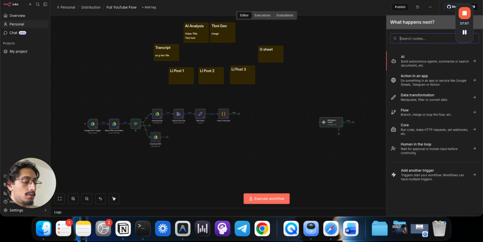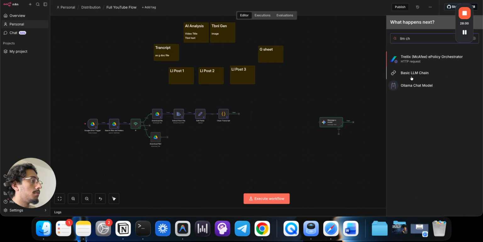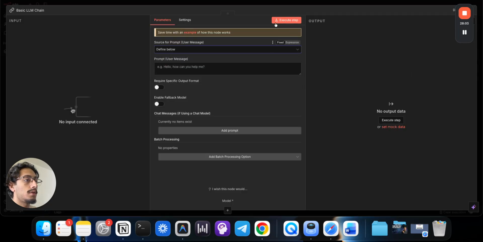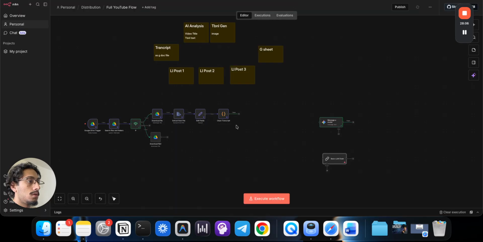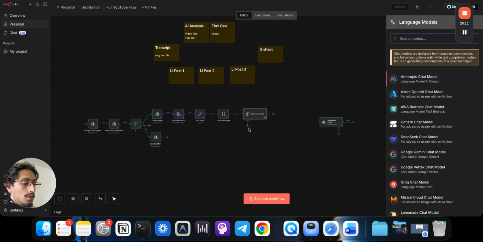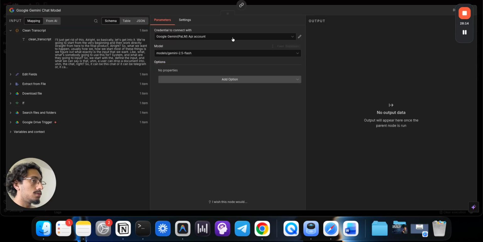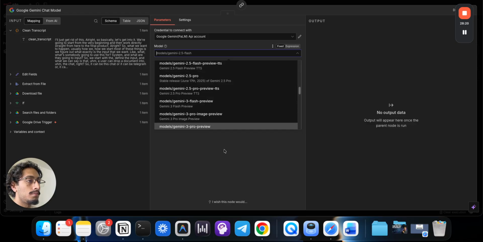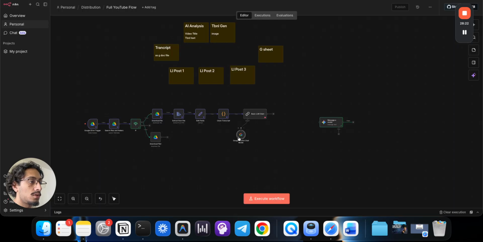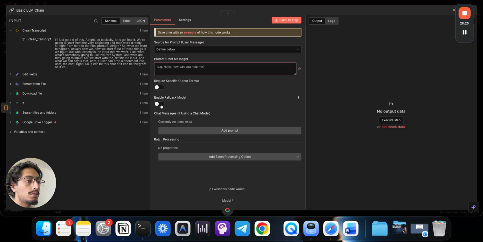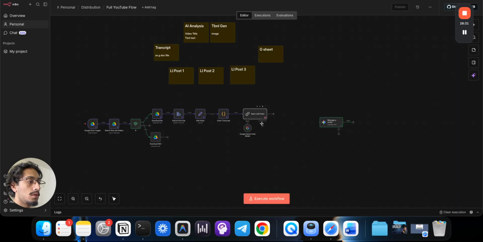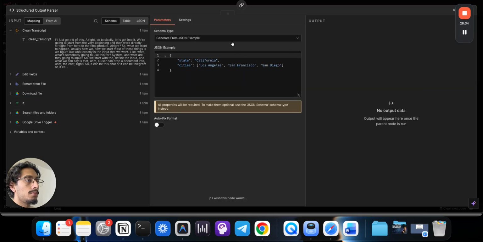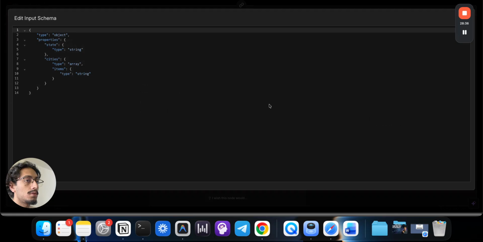Alright, forget about that. Let's just go for the LLM chain. Basic LLM chain, defined below. Connect this to this, come here. Here we can now actually use the Gemini 3 Pro preview, which I just think is way better. Actually 2.5 Flash is also going to work, so that's okay. Go here, turn on enable requires specific output format, structured output parser, JSON schema from here,